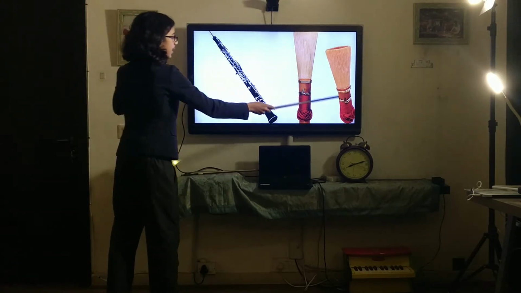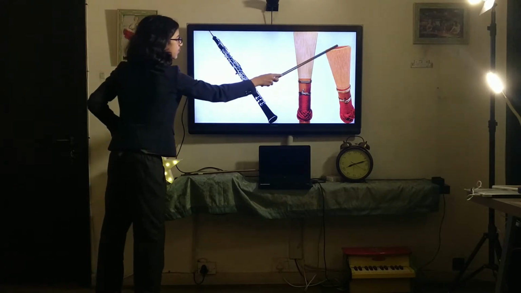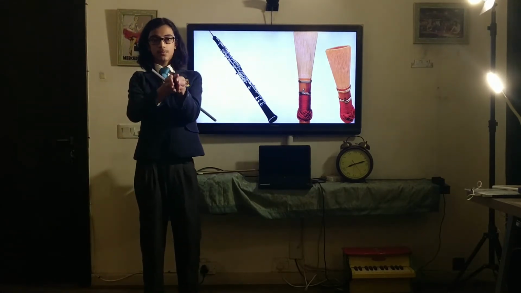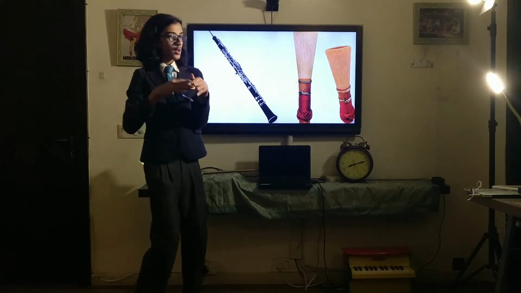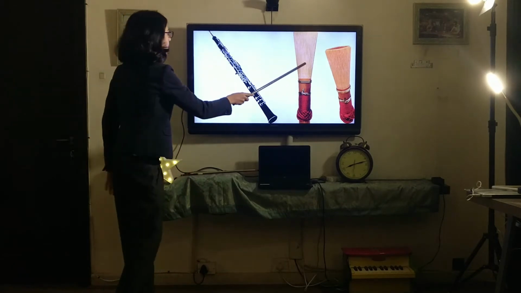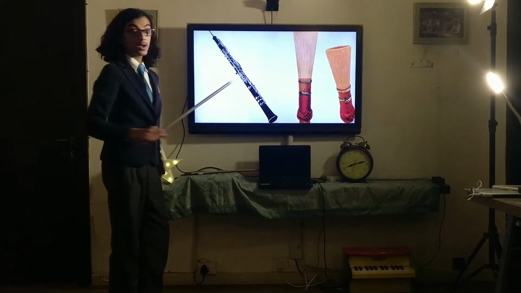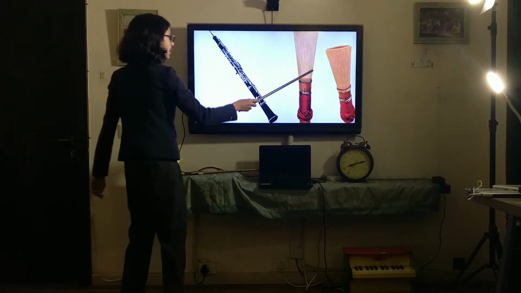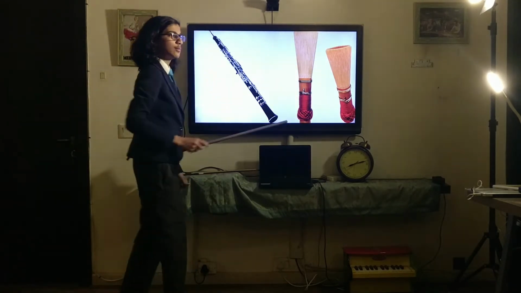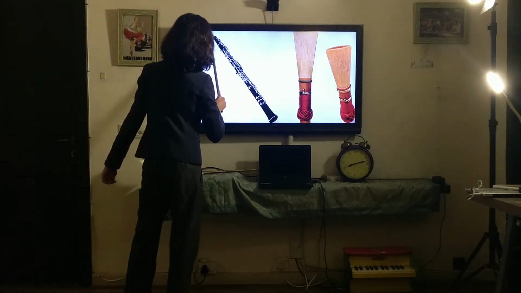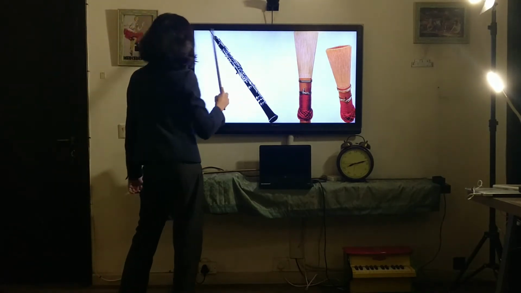But as for the structure, it looks something like this. There are two pieces of cut wood which are kept in sort of a crevice form like this, right? And you blow into them. In this hole, you blow there, and that is a reed. And it's very important. You can't play the oboe without a reed. I think that goes without saying. So yes, we'll get into why this reed is like that and what it does in a moment. But right now, this is what it looks like, and that's the purpose it serves, to create the sound that the oboe has. Okay, great.